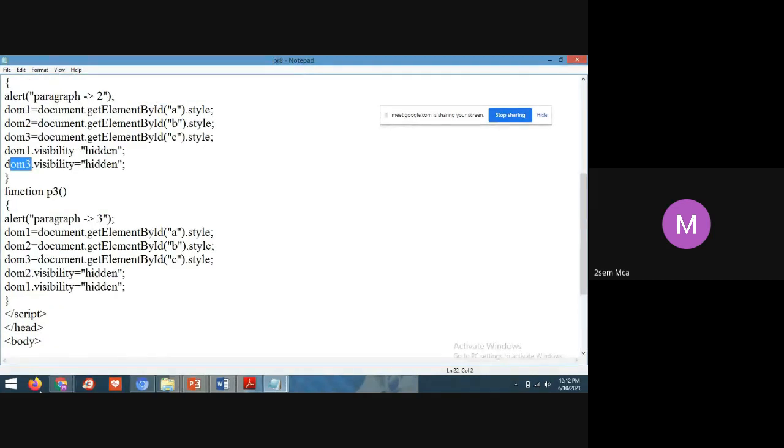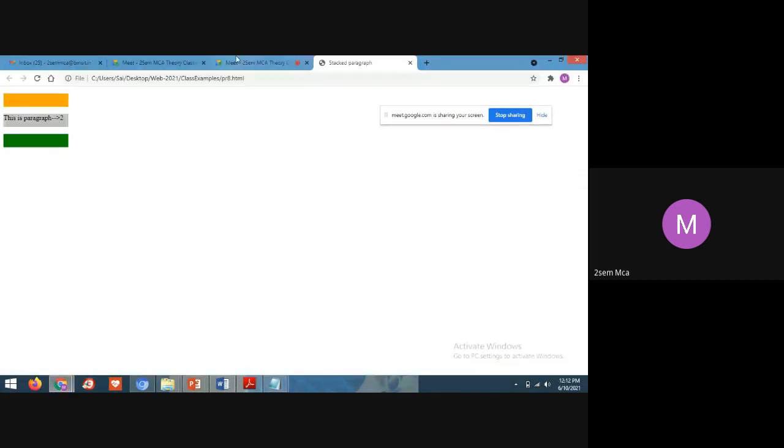That's what is happening in the output. See, this is the output. Initially, all three paragraphs are showing, students. Now I'll move my mouse pointer on paragraph 3. It is displaying, this page says paragraph 3.